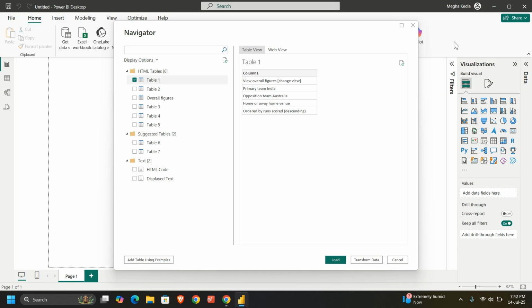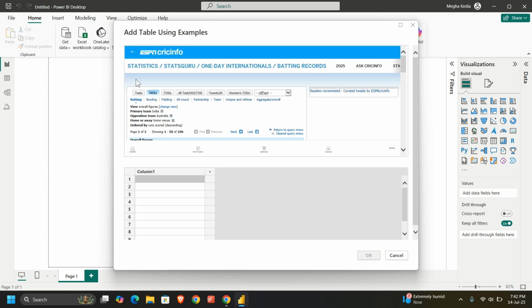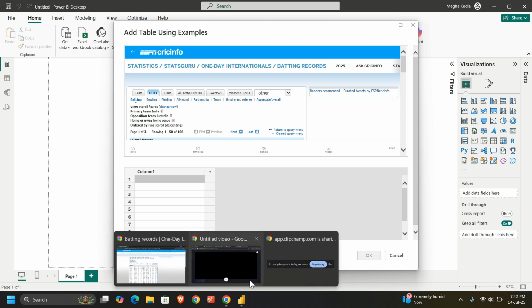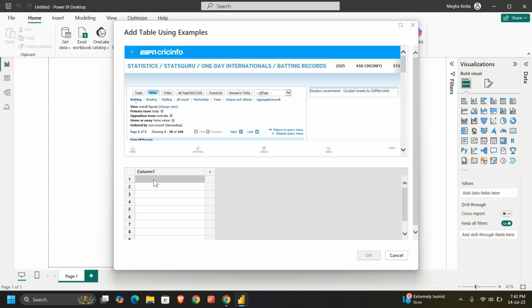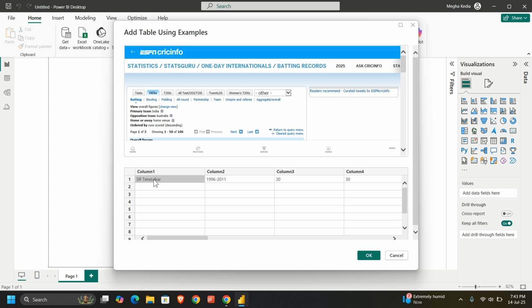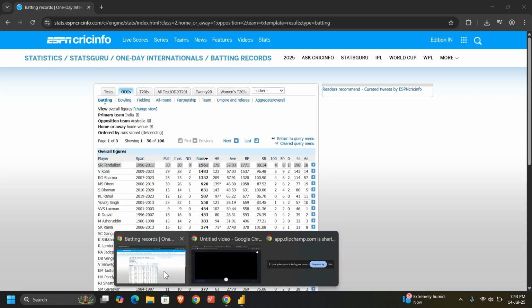And I'll go to add table using examples. I just need to uncheck this one first. Let's now go here and copy it from right to left, because this seems easy, at least for me. So click here and press Control V, and here the data comes pasted. Just make sure that no error or warning comes above this. If any warning comes up, please go back and start this video again so that you can identify what you have done wrong.